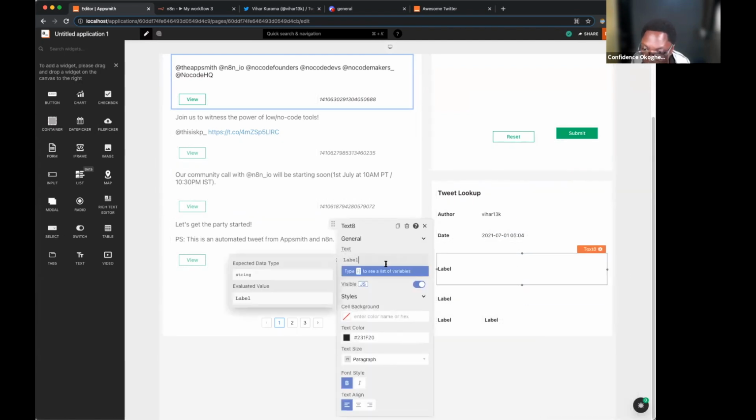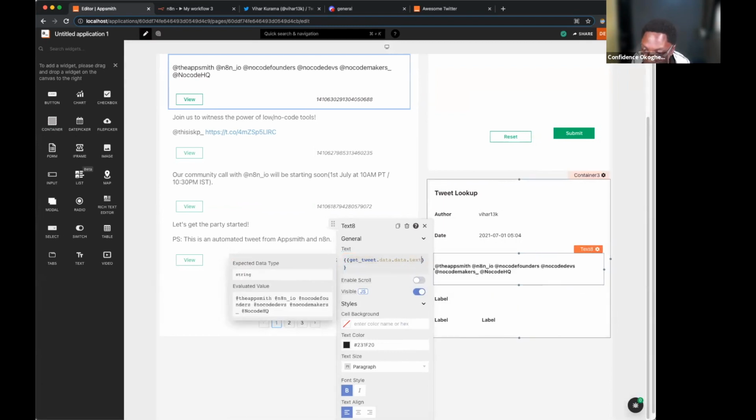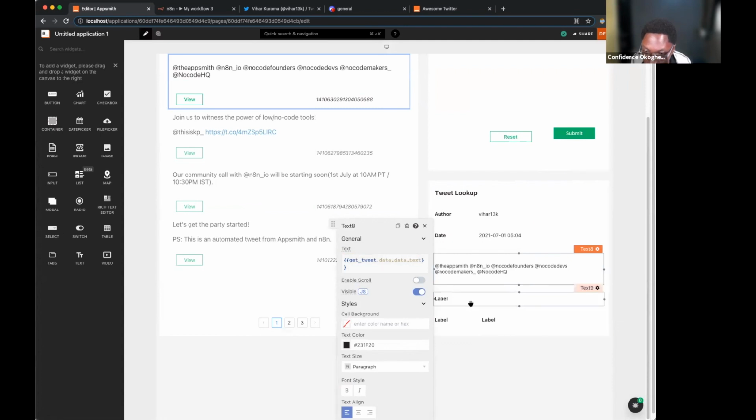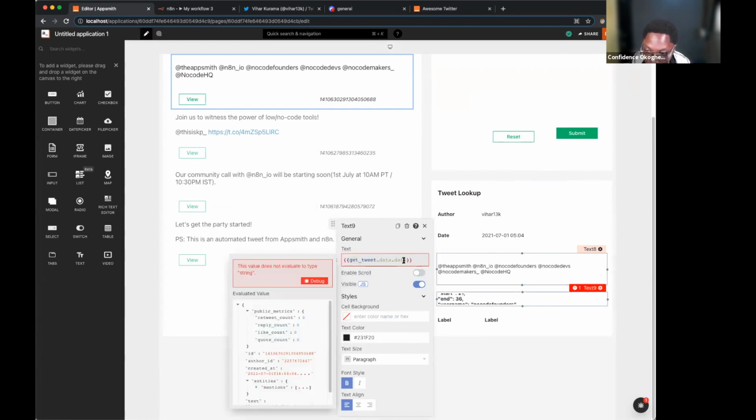And here I would like to display the tweet text. So this is going to be the getTweet.data.data.text. And there we have the tweet text string up. Next, I would like to display the mentions. So for this, this is going to be in the